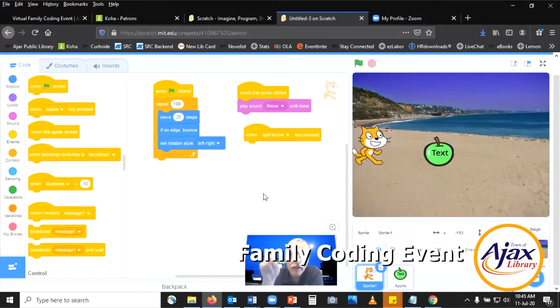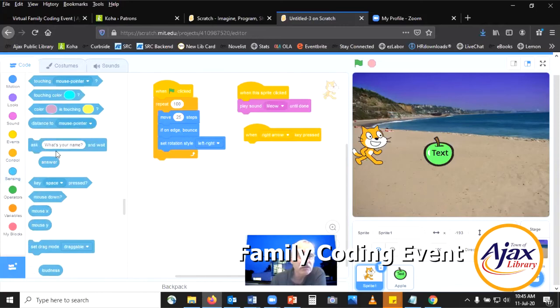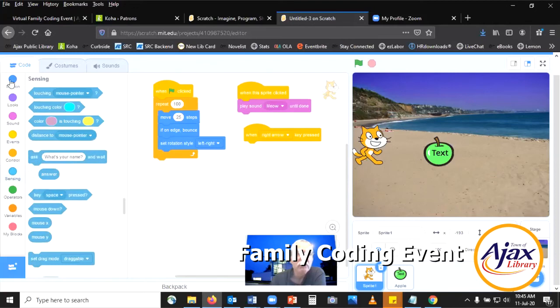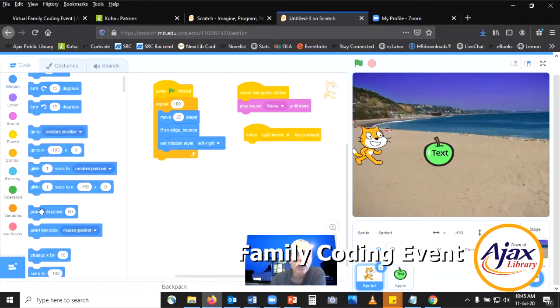Remember, our goal is when the right arrow key is pressed, it's going to move to the right. So what do we want it to do? We want it to point in the direction of right. So point in direction. We have to find something that says point in the direction. Where would that be? Is it under sensing? Let's see, point in direction. Could it be under motion? Point in direction. There's one, point in direction, because that's what we're doing, right arrow, point in direction. So we're going to drag this one, point in direction,